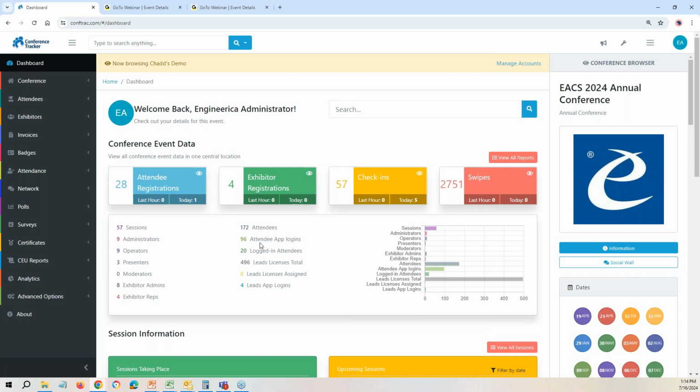Whether it's before your event or after your event, this gives you an idea of how many attendees actually utilized the app or the portal login. So for example, if you're a couple days before your event, or maybe it's day one of your event, and you notice not many attendees have actually logged into the app, maybe you would send out an